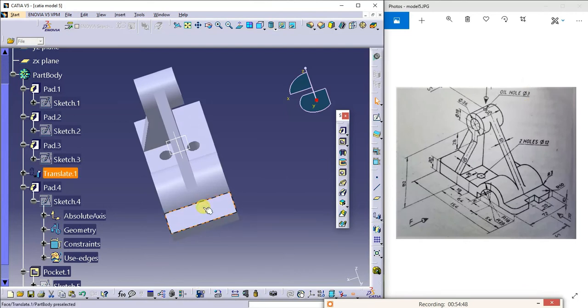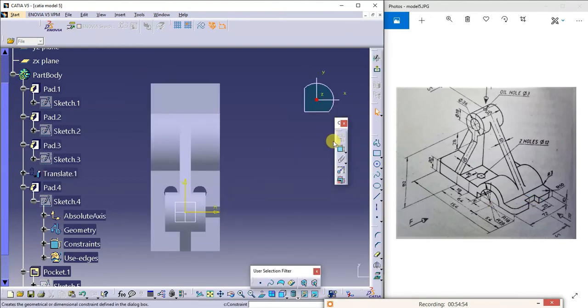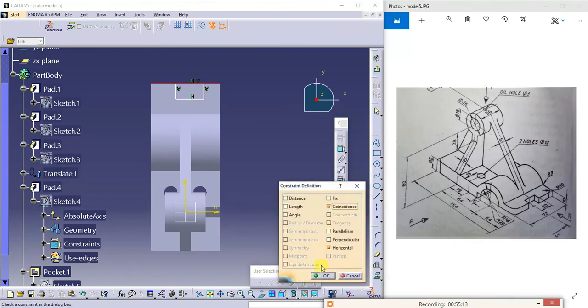Next, I'll select this. I need to create this cutout. In this plane, I take this has to lie on this, coincide.